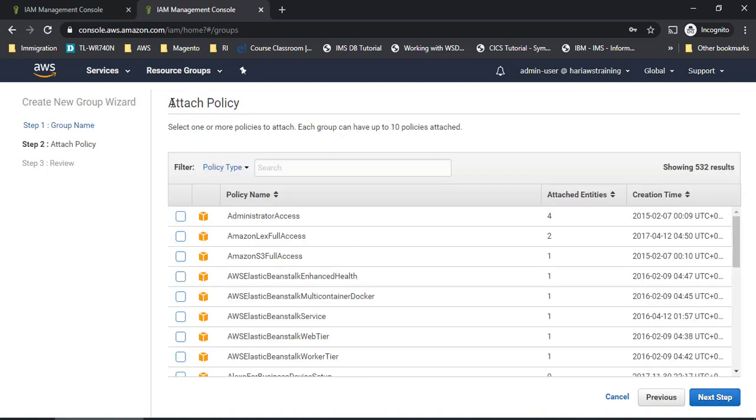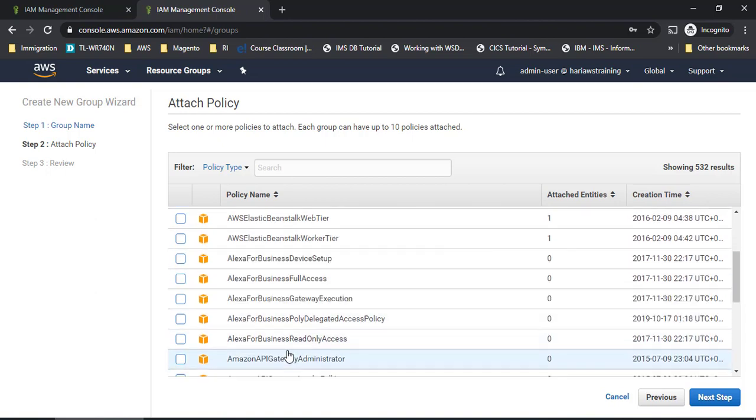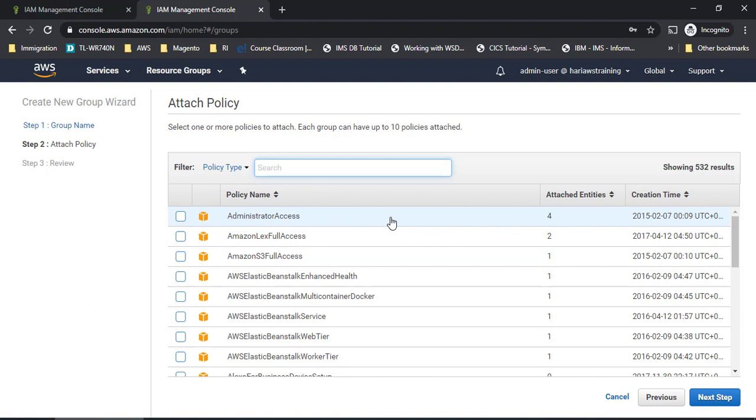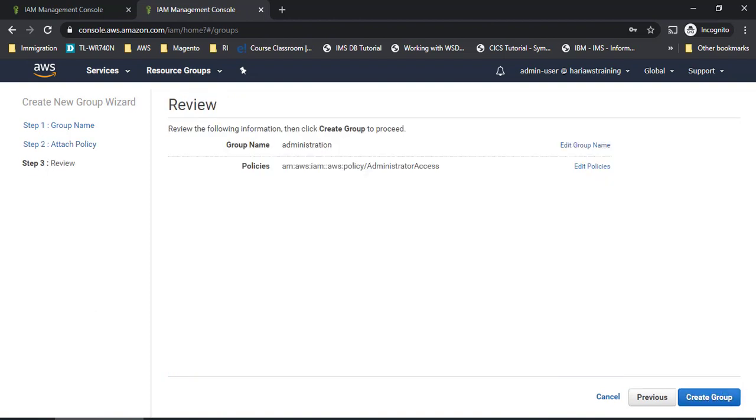And if you see, it's the same kind of screen we saw when giving permissions to a particular user: attach policy. So I'll attach some policies, like administrative access, which is the full access. If I don't want to give admin access, I can give only S3, so they will have access to only the S3 service, which we are going to learn in detail. You can also give different services; you can search for that particular service and give it. For now I'm going with administrative access and then going to the next step.